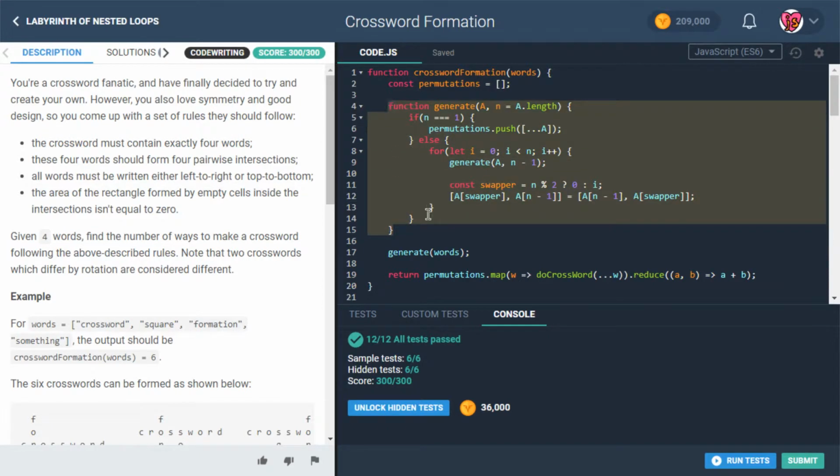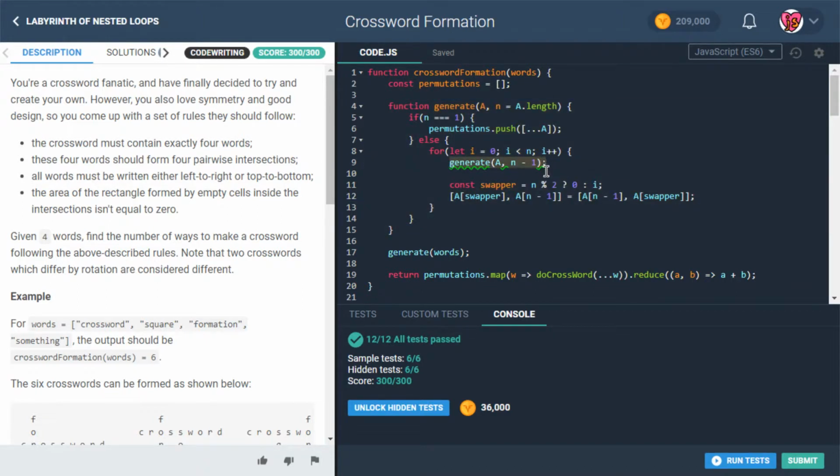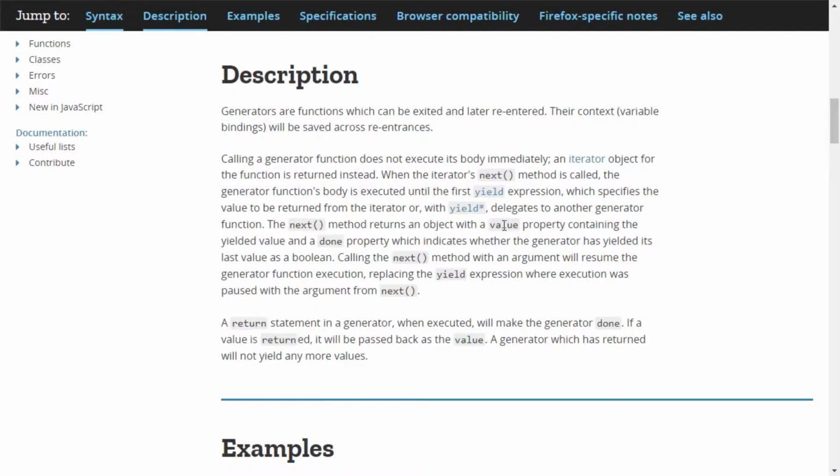I mean, this one in some ways is a bit exceptional because it can keep going, like it keeps generating more of these because it keeps calling itself. But as soon as it finishes with that last call, it's done. It's not like we can jump back into it at a later date and have it remember the state that it was in. So this is a big deal. Their context, their variable bindings will be saved across re-entrances, which means that we run this function